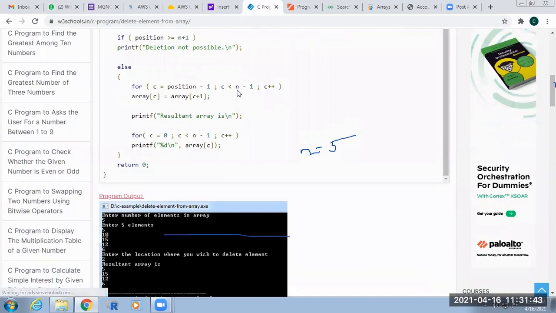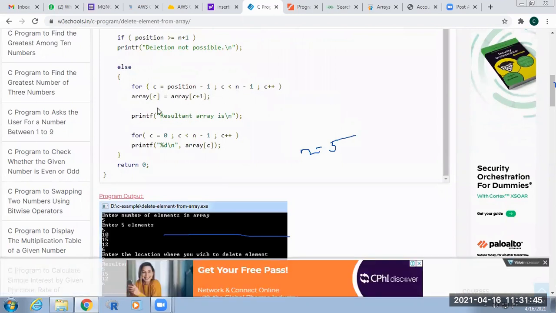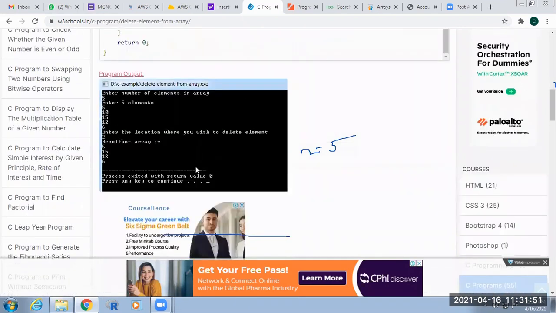Okay, if the position is in between, then we have to check the position, and then we directly remove the array element. See the example, I insert 5 elements here. I give the n value as 5, and I insert 10, 30, 10, 5, 10, 15, 12, 6. Now I wish to delete an element at position 2. This is position 1, position 2 is 10. So I want to delete the data at position 2, which is 10. So directly remove 10, and the remaining elements are shifted to the left side. In this way, you have to perform the deletion operation.